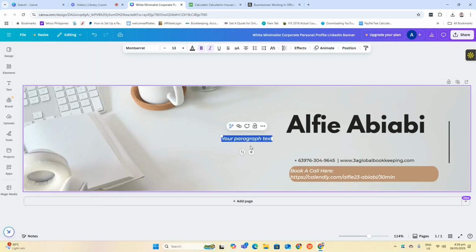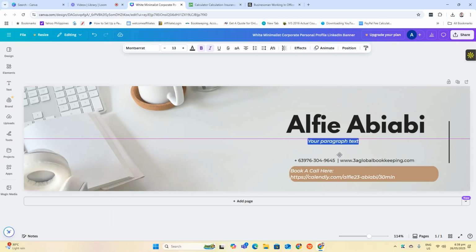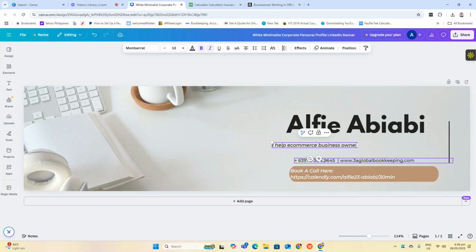Let's say add a text box. Okay. So I help e-commerce business owners simplify their financials. Okay.